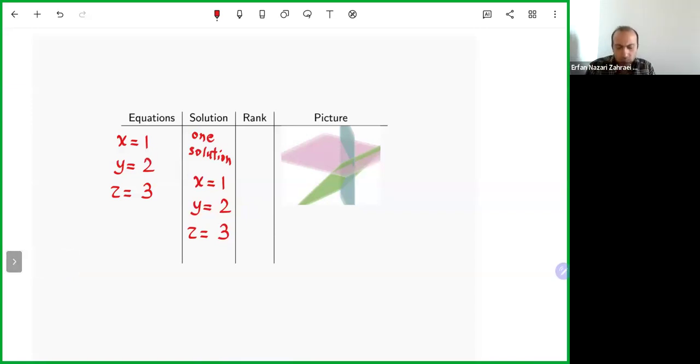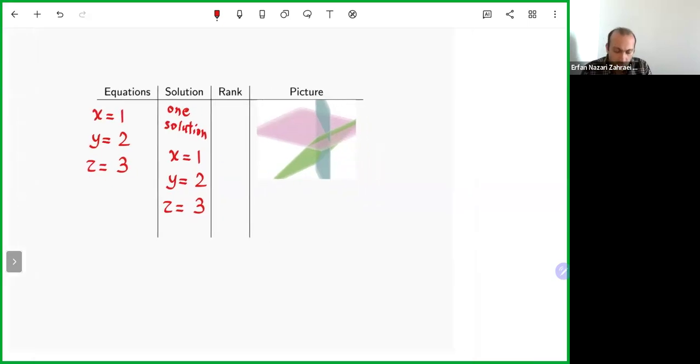Now let's talk about rank. One way to find the rank is to look at the augmented matrix, then the RREF, then count how many leading ones you have, and that is the rank. The other way is using that theorem: I have the number of solutions and the number of variables, so I can read the rank from it. So I have three variables, n equals 3. Rank is unknown. And I know the number of parameters